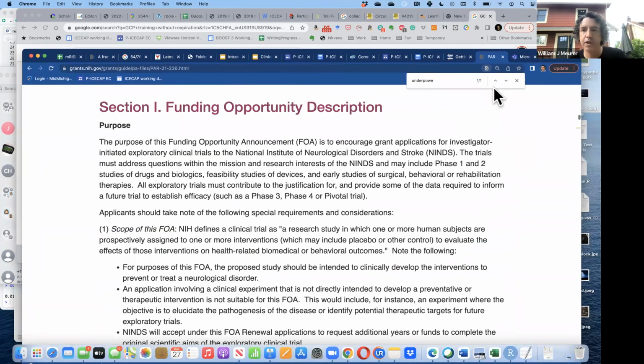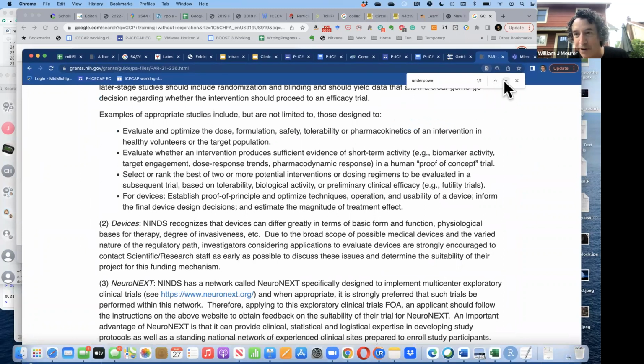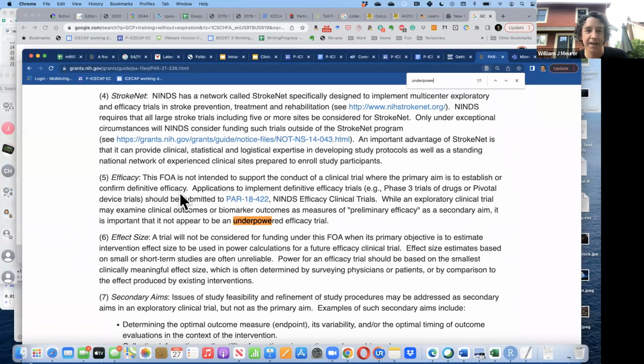If you search for the term underpowered in it, you can see that even though this is the exploratory trials mechanism, so for phase 2 trials or earlier, it's not intended to support the conduct of a clinical trial where the primary aim is to establish or confirm definitive efficacy. And it goes on to say, while an exploratory clinical trial may examine clinical outcomes or biomarker outcomes as measures of preliminary efficacy as a secondary aim, it is important that it not appear to be an underpowered